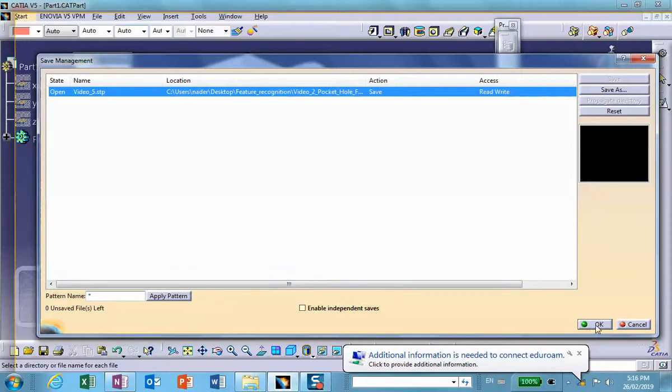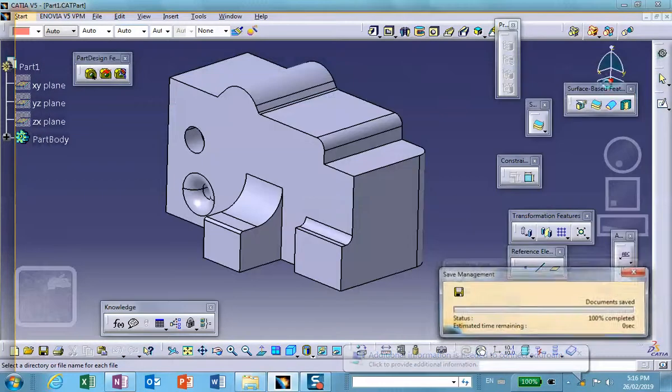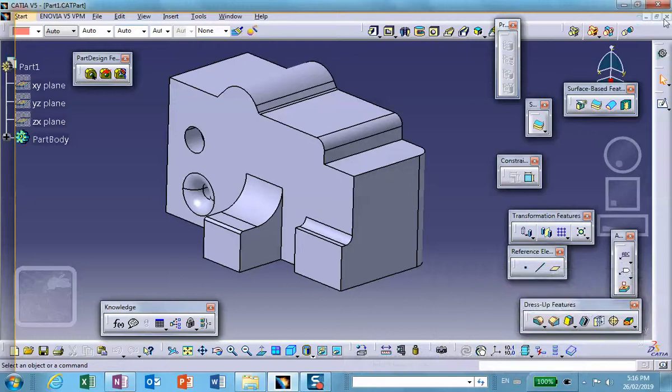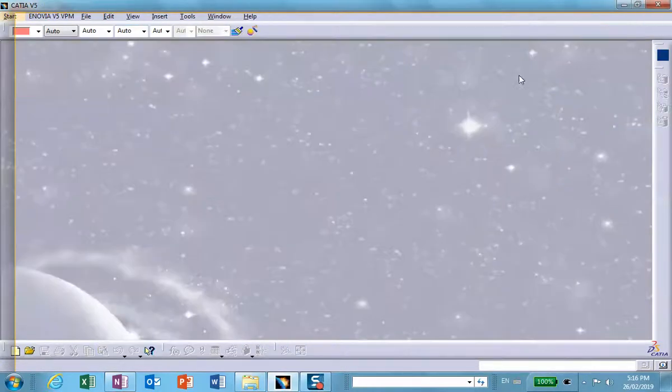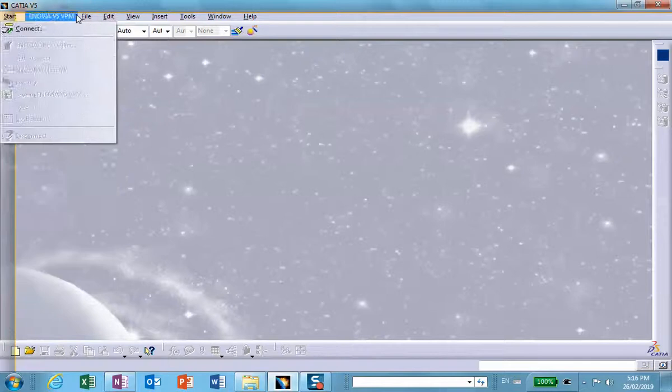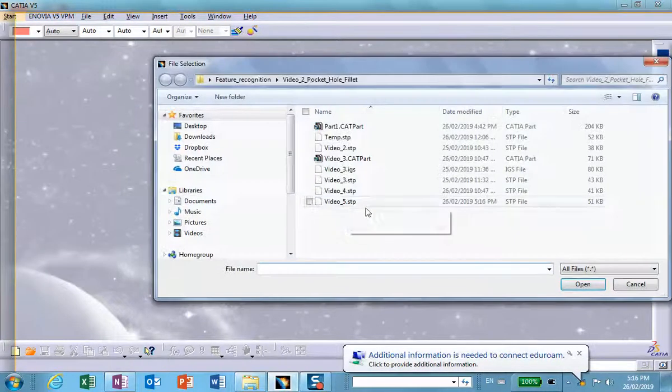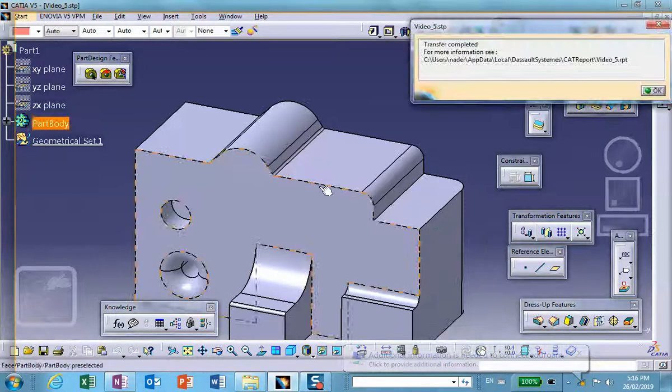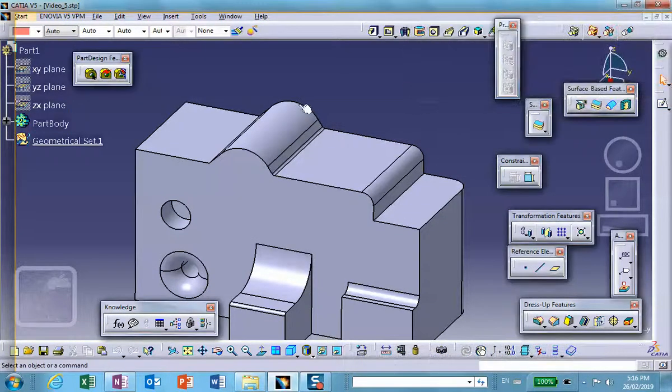So let's open up file, open the step file that I've created here, and there we are. Okay, so this is not the Catia parts file that I originally created, but it's the step file that is opened with Catia. Now, first of all, notice that